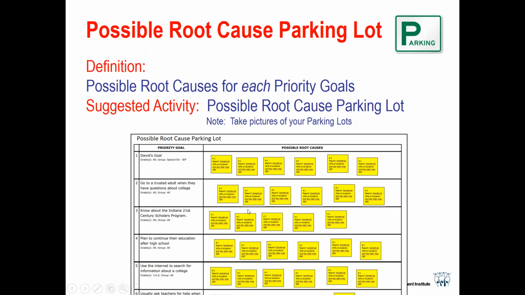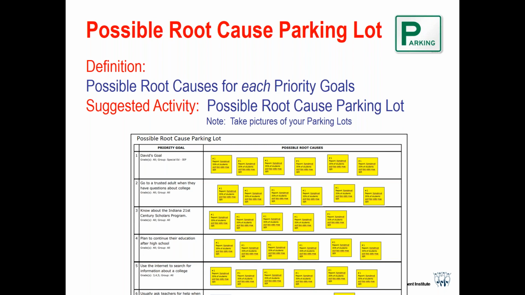We will come back to this parking lot for the next 4 years as we start addressing more and more priority goals as hammer goals. We'll come back to this and look at what we thought when we first looked at this data, in terms of what might be keeping kids from making those choices. So we'd suggest that after you get this made, you might even want to laminate this poster, or at least take a photo of it so that you can come back and blow it up and realize what your council members said about the root causes for each of your priority goals.